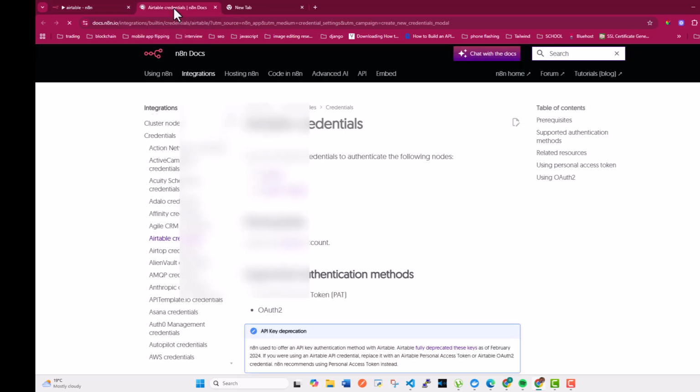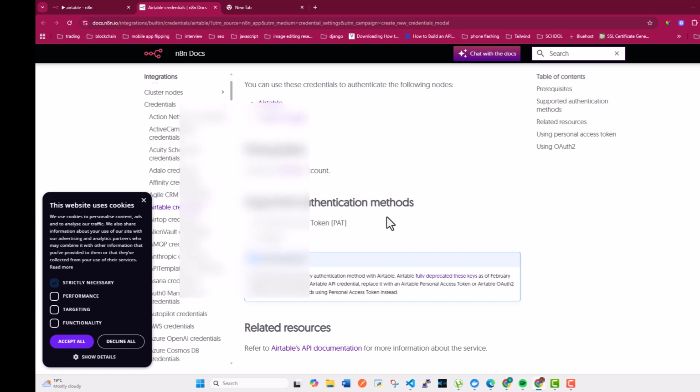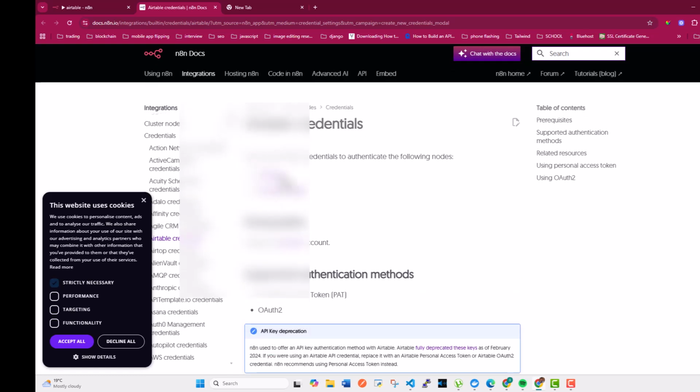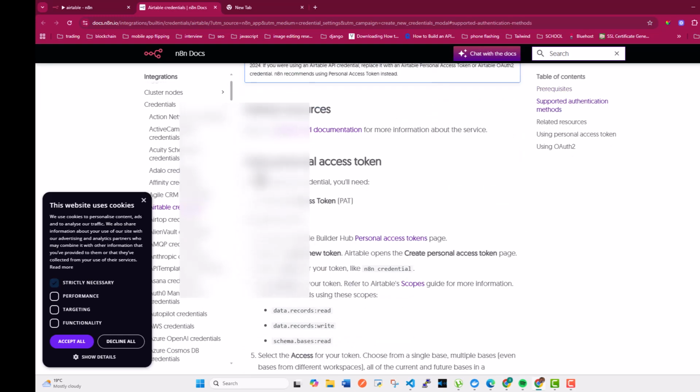Right here is where you can find all the documentation on how you can make this connection. So you can see here, they say it works for the Airtable and Airtable trigger as well. The connection that we're going to use in this tutorial is the personal access token. To do that, you need to go to this link, which is